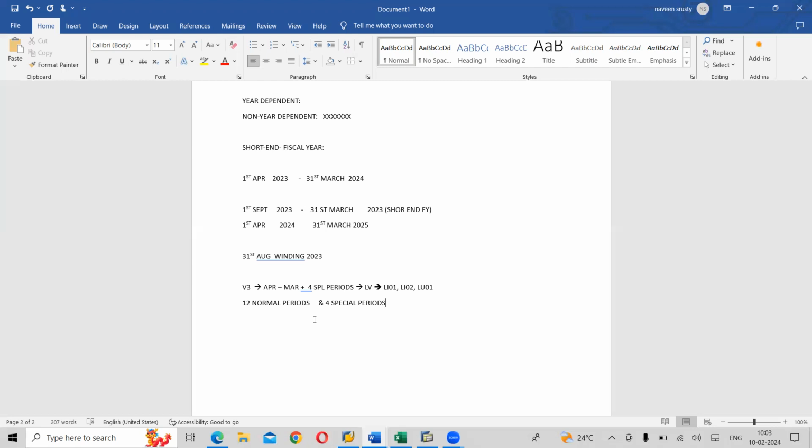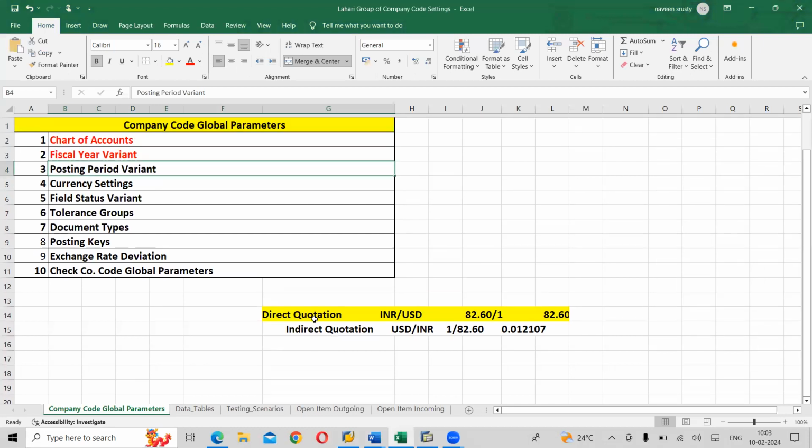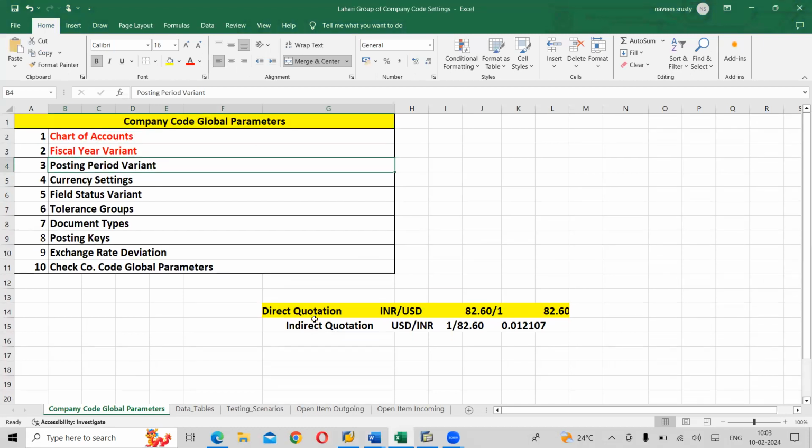Write down: posting period variant is a component in company code global parameters. Based on this, we can control